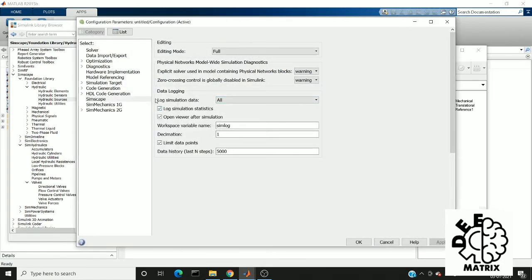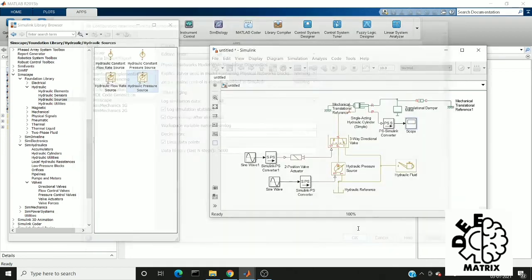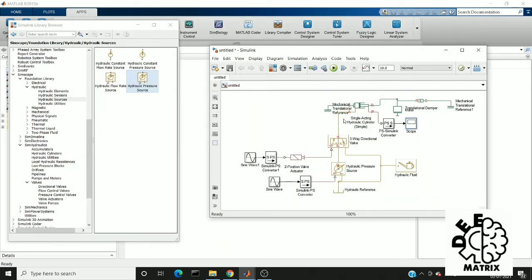Make log simulation data to all and give a tick mark to both of these, because after running, a window will automatically open. The most important thing we have to give is solver configuration. I already explained why we use this: since it is a physical system, MATLAB needs this block to solve the configuration in order to get the output. So this is our connection.